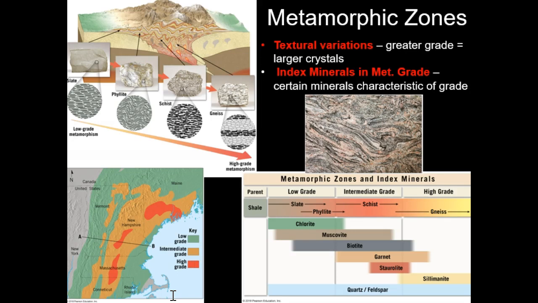example. So the figure on the left over here is going to show the progression of shale, which is a sedimentary parent rock, turning into slate, then to phyllite, then to schist, and then to gneiss. And as we have covered before in the lecture, in schistose and gneissic textures, for example, the grains themselves can be visible a lot more easily than in the phyllite and in the slate, where they cannot be visible with the naked eye. So with an increase in metamorphic grade, there's also an increase in the grain size, the crystal